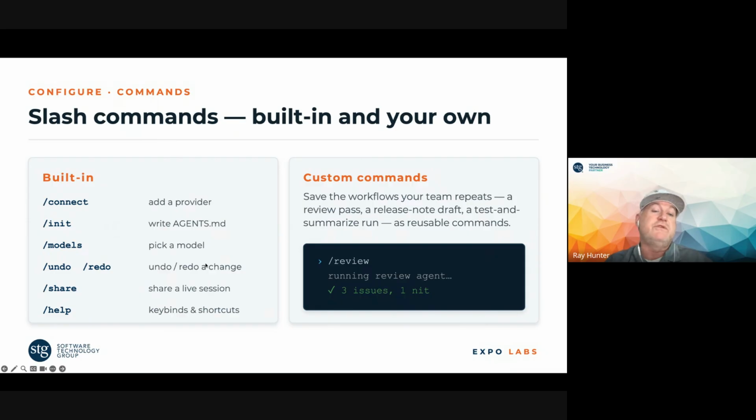So these are slash commands. You can build your own slash commands, very easy. It's just markdown files. Say you want a slash command like undo or redo, and then you give it markdown and just tell it what you want that command to do. I use it a lot for testing, generation of unit tests, generation of functional tests, all that. Those are all slash commands.